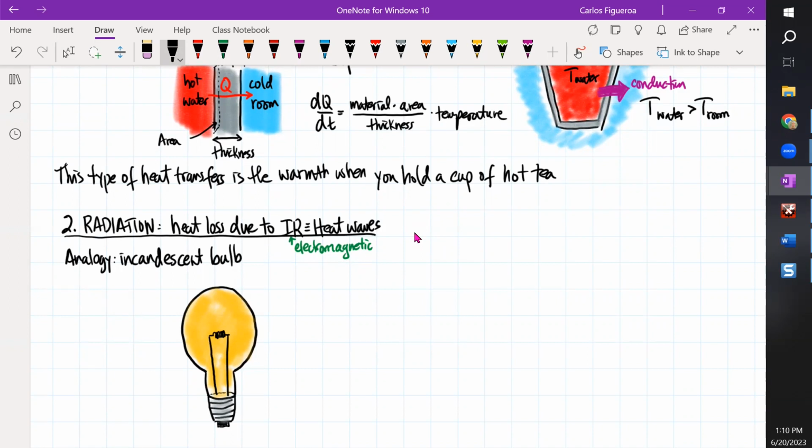So when you look at an incandescent bulb, it's like holding a tiny piece of the sun because they have the same temperature, and therefore they have to